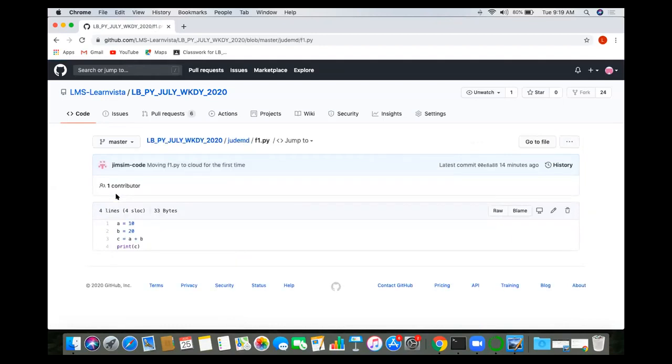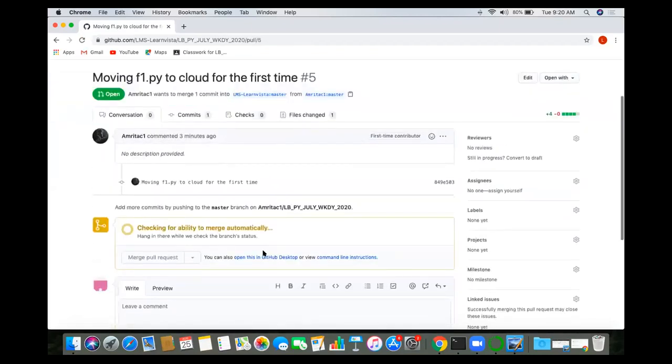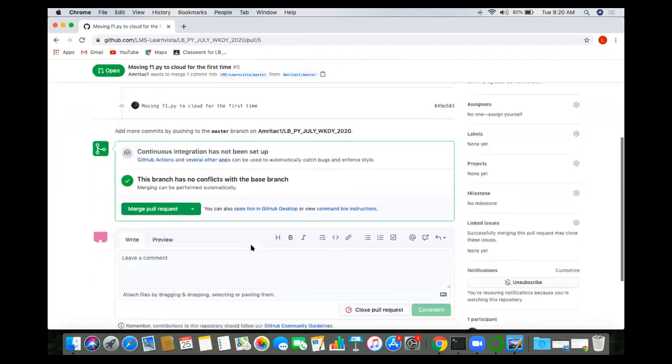So that's after merging. What I'm asking is, before you merge, can you still see that? No, obviously. How can I do that? I cannot log in to your account, right? No, what I'm asking is, if you go to the pull request, you have a list of all the changes, right? Correct. Can you see the changes they've made in that space? Not exactly, but I can just see what you have done here. So I can see this message, moving F1 cloud for the first time, and if I go here, that's what I'm asking. These are the details I'm getting, nothing else.